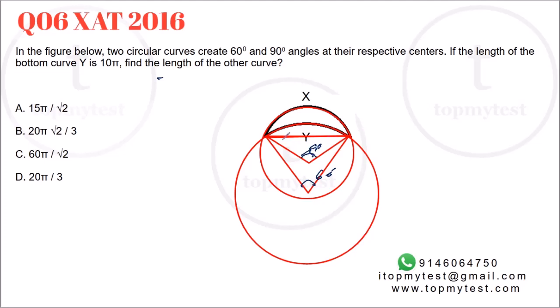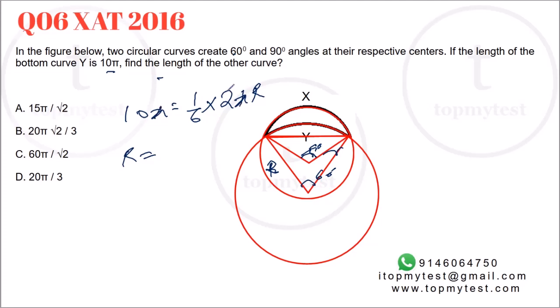Now this is a 90 degree isosceles right angle triangle. This is 60. The other two will also be 60. It's an equilateral triangle. The question is now pretty straightforward. Take the larger radius as r and the smaller radius as small r. Now let's find the larger radius. We know the larger arc y is 10 pi. That will be the full circumference times 60 by 360, or 1/6 of the full circumference. So you can find the value of r.